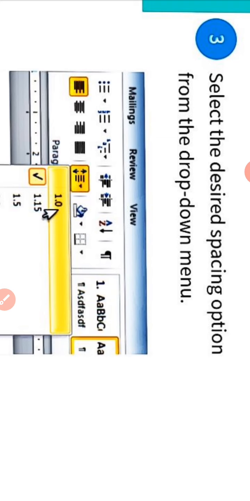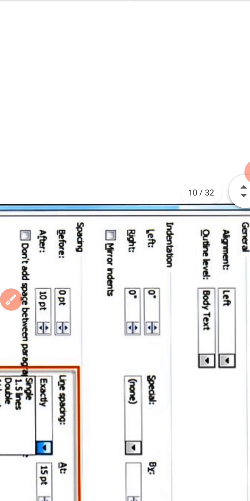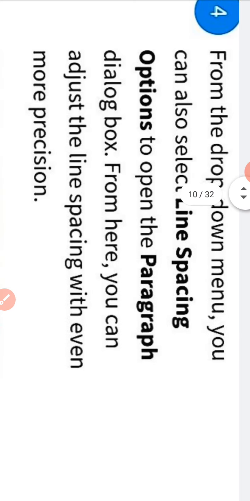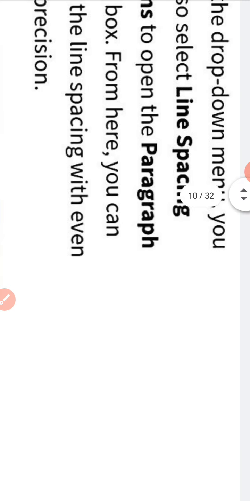Select the desired spacing option from the drop down menu. From the drop down menu, you can select the line spacing option to open the paragraph dialog box. From here, you can adjust the line spacing with even more precision.